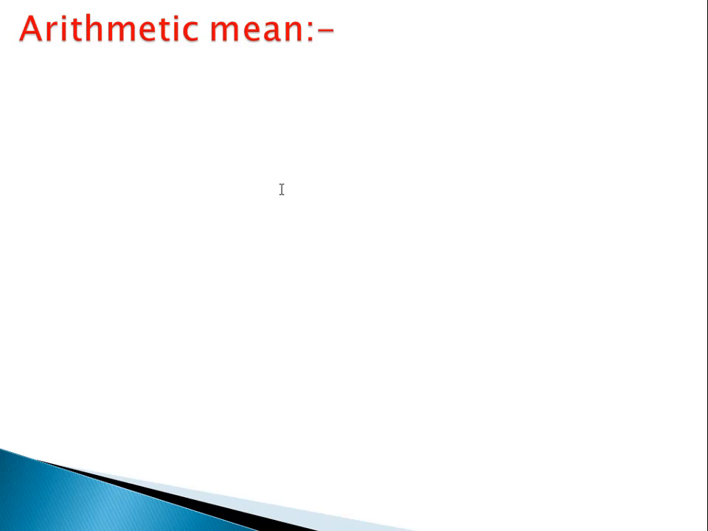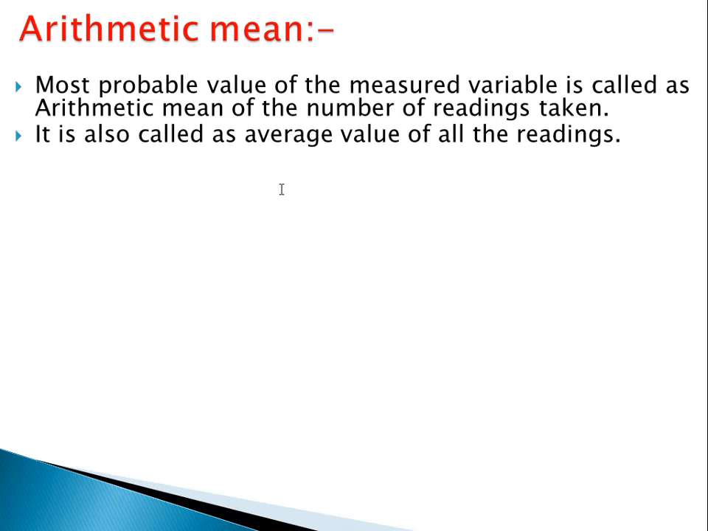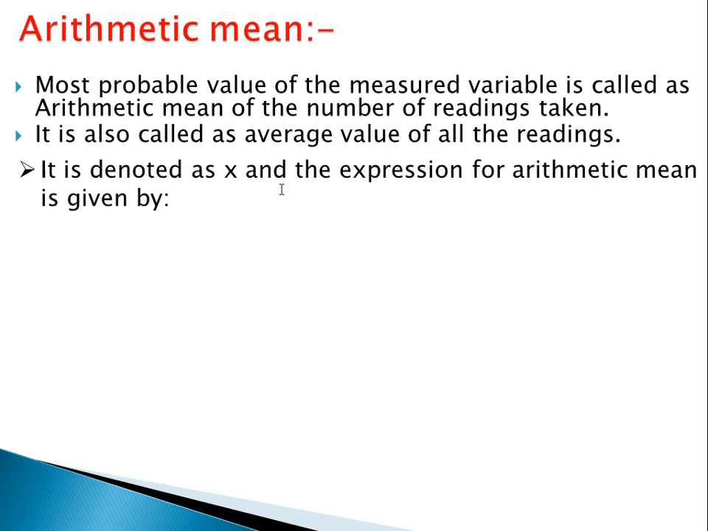First one is arithmetic mean. Here, arithmetic mean can be defined as the most probable value of the measured variable, or it is also called the average value of all the readings. So in the measurement system, arithmetic mean is denoted as x bar, and the expression for arithmetic mean is given by: